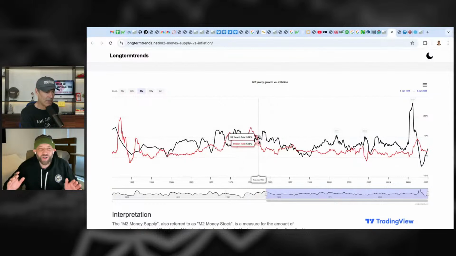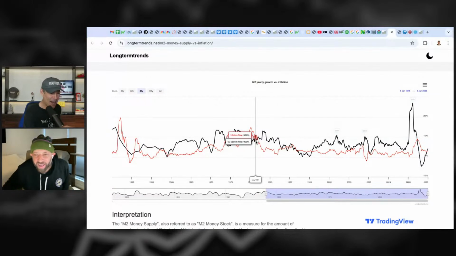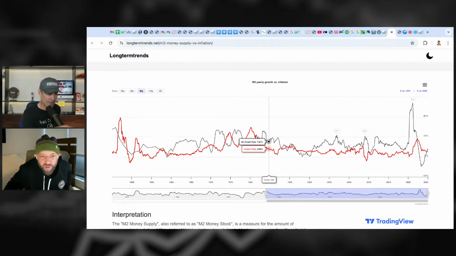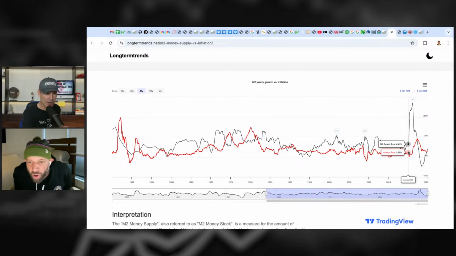Can you pull up a chart of CPI just over the last 40 years or whatever? Can you find it? What I'm looking for? Asking ye shall receive, my friend. Here's a chart. How far back do you want me to go? I can go to the 1800s. No, this is good. Which one's CPI? The red one? Yeah. Can you take out the M2 number, or you have to have both? No, unfortunately, it's kind of annoying. I wish I could, but I can't.